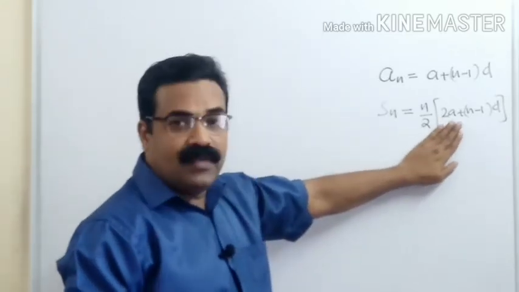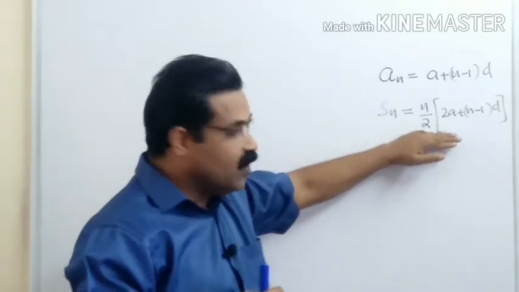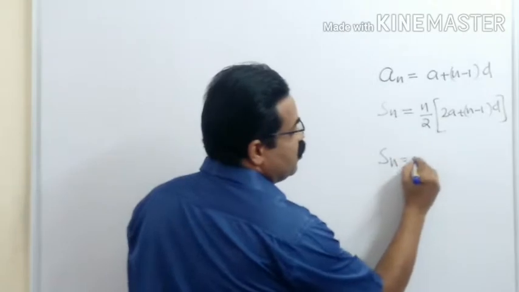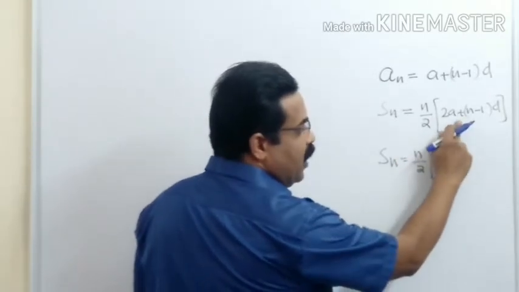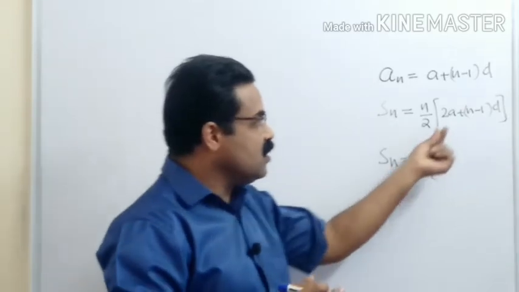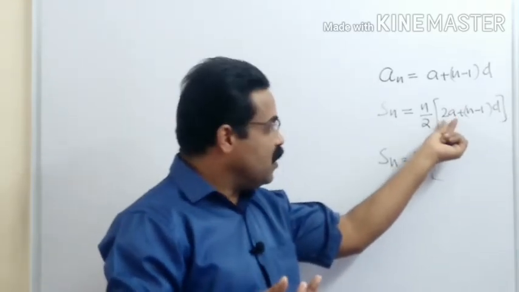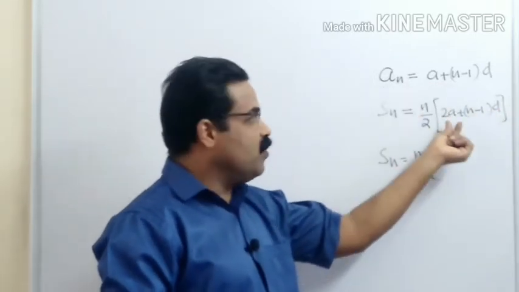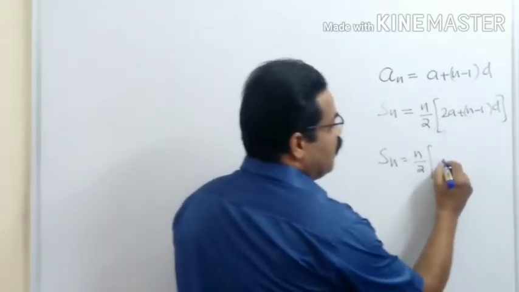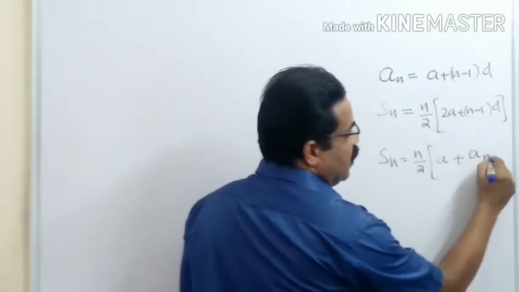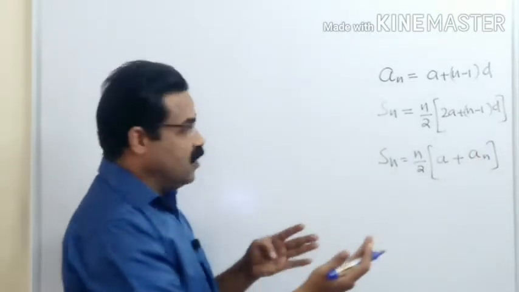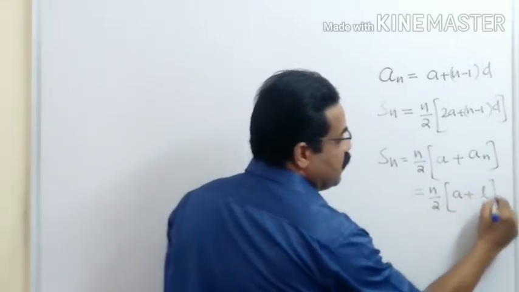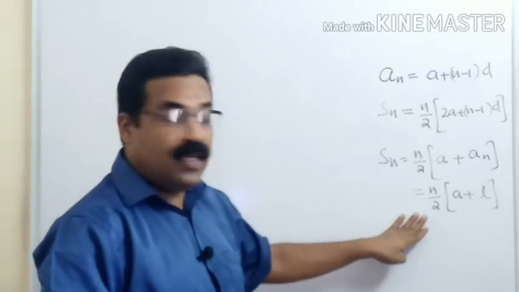Now from this formula for the sum of n terms, we have derived different formulas. What are those formulas? You remember? Yes, Sn is equal to n by 2 into 2a. I can split it, as we have seen in the previous class, 2a can be taken as a plus (a plus (n minus 1) into d). So a plus (n minus 1) into d is equal to an. This will become a plus an, where an is the nth term, or you can say the last term. So this can also be written as n by 2 into (first term plus last term).